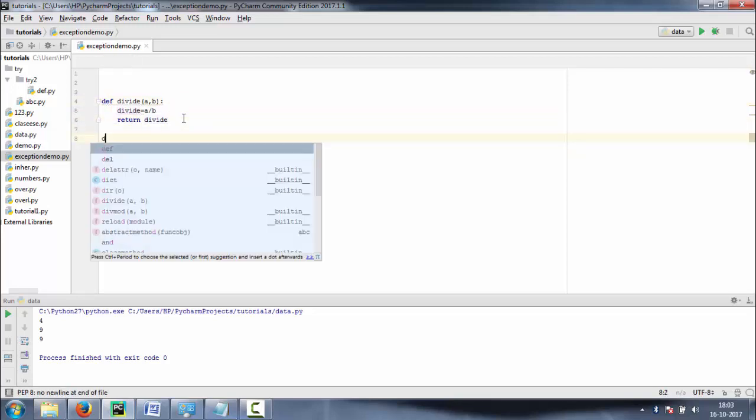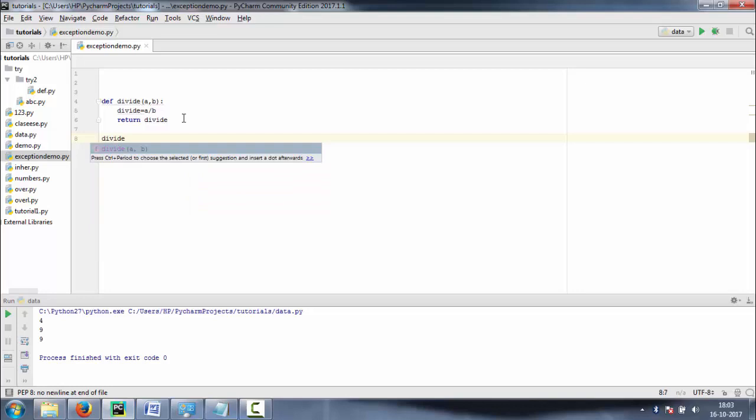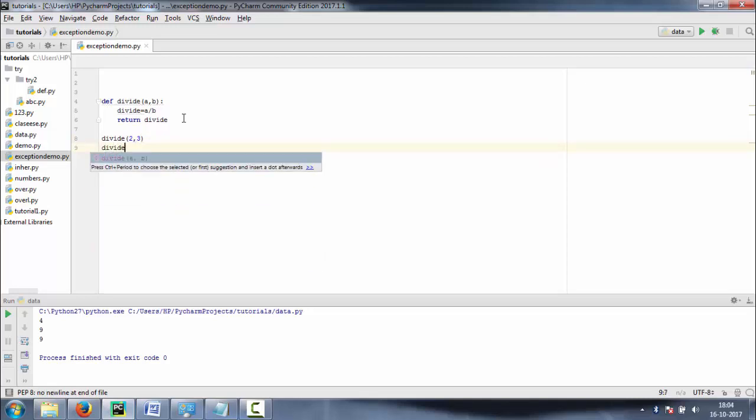Now, let's use this method. Let's call this method. We want to divide 2 by 3, and also 40 by 10.